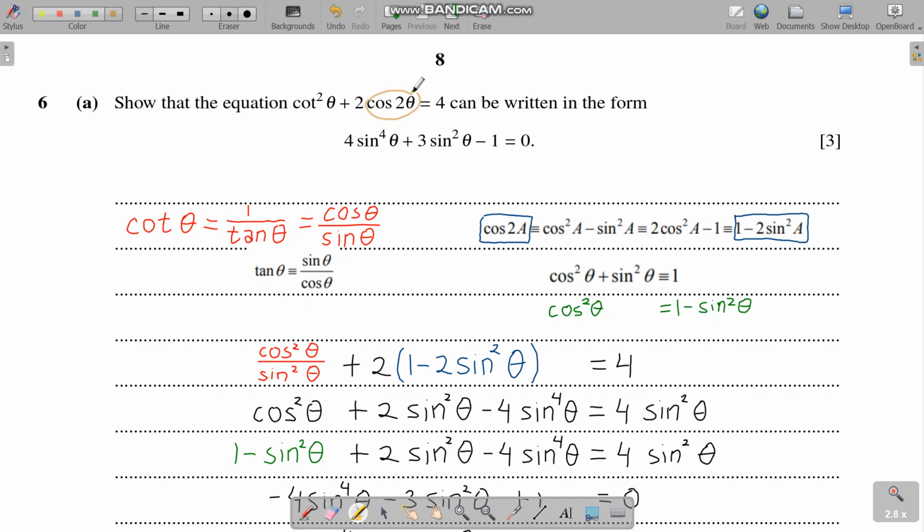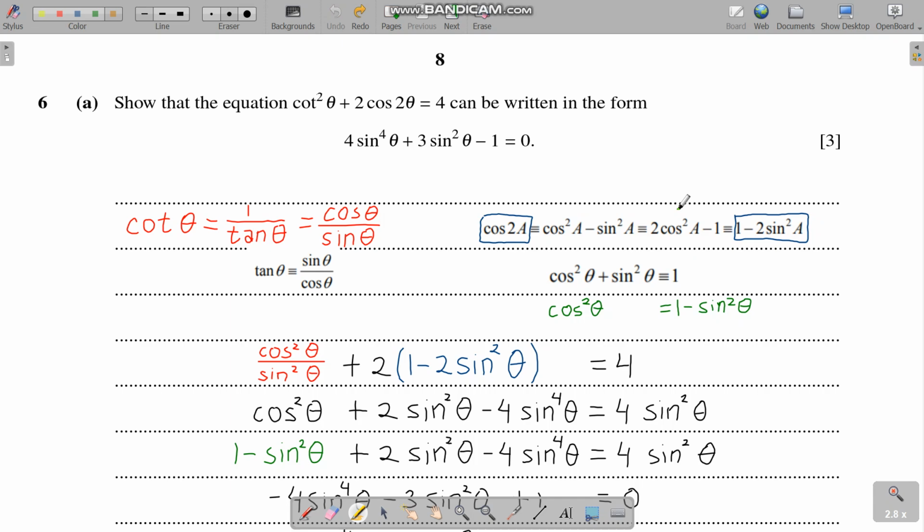And for the cos 2 theta, because here we don't have 2 theta in the angle, we have theta only, we have to use the double angle rule. So for the double angle rule, we use cos 2A equals 1 minus 2 sine squared. So in case you are wondering why we don't use this part, or why we don't use this one here, well, because